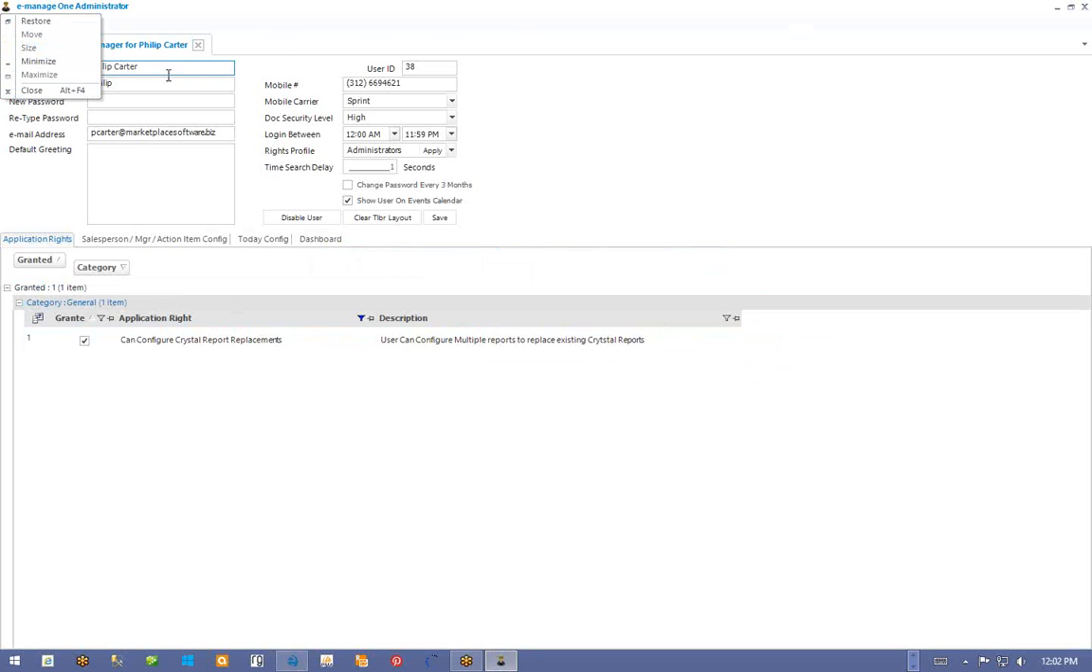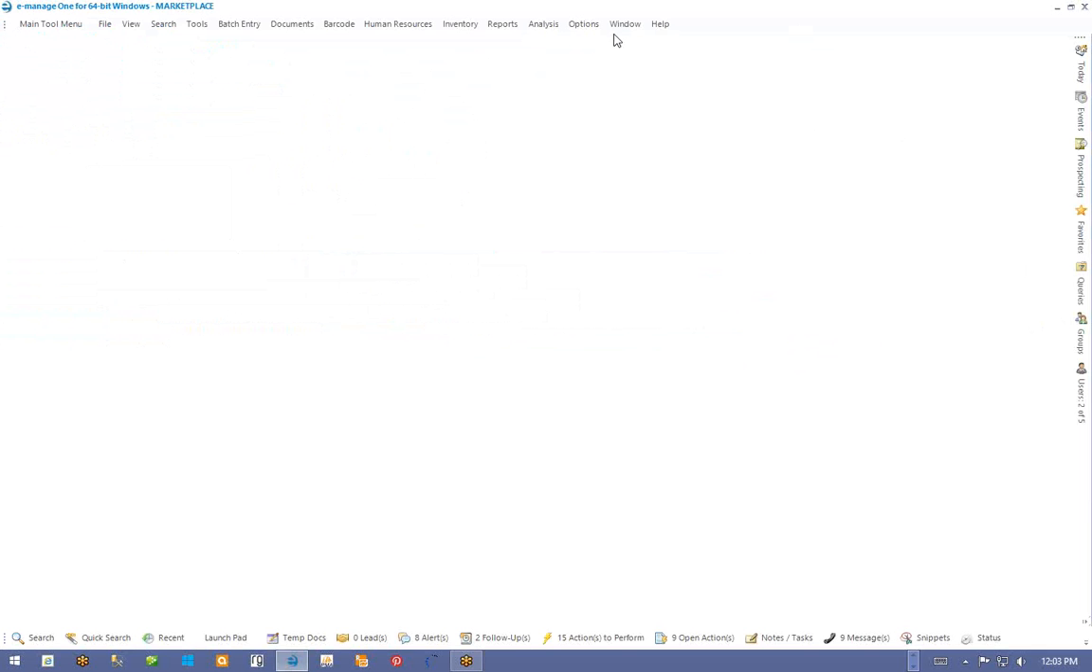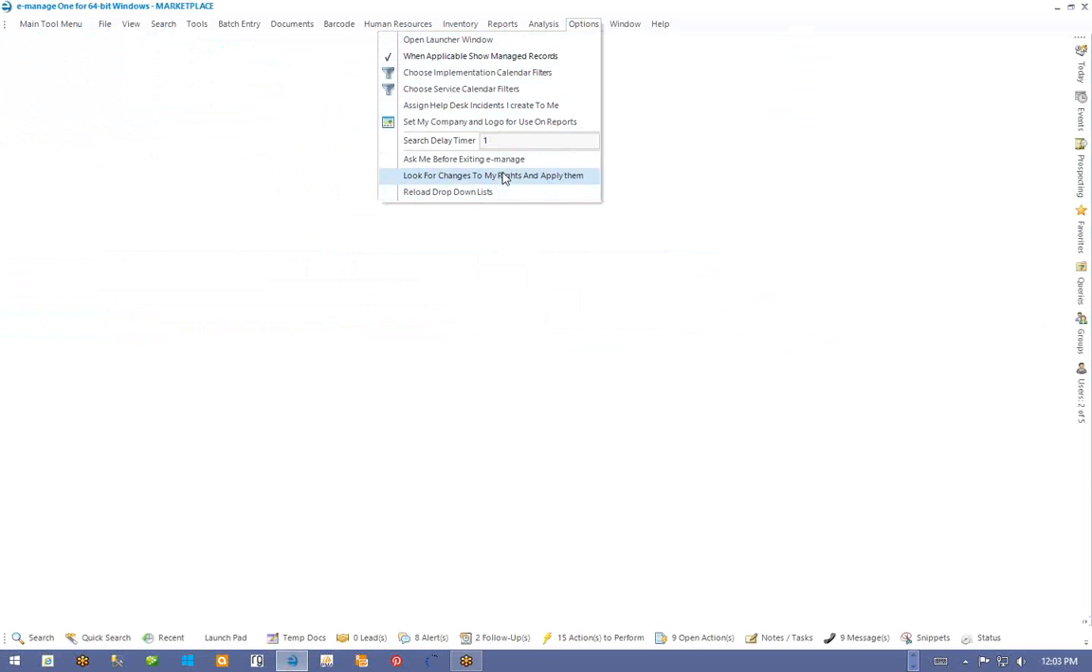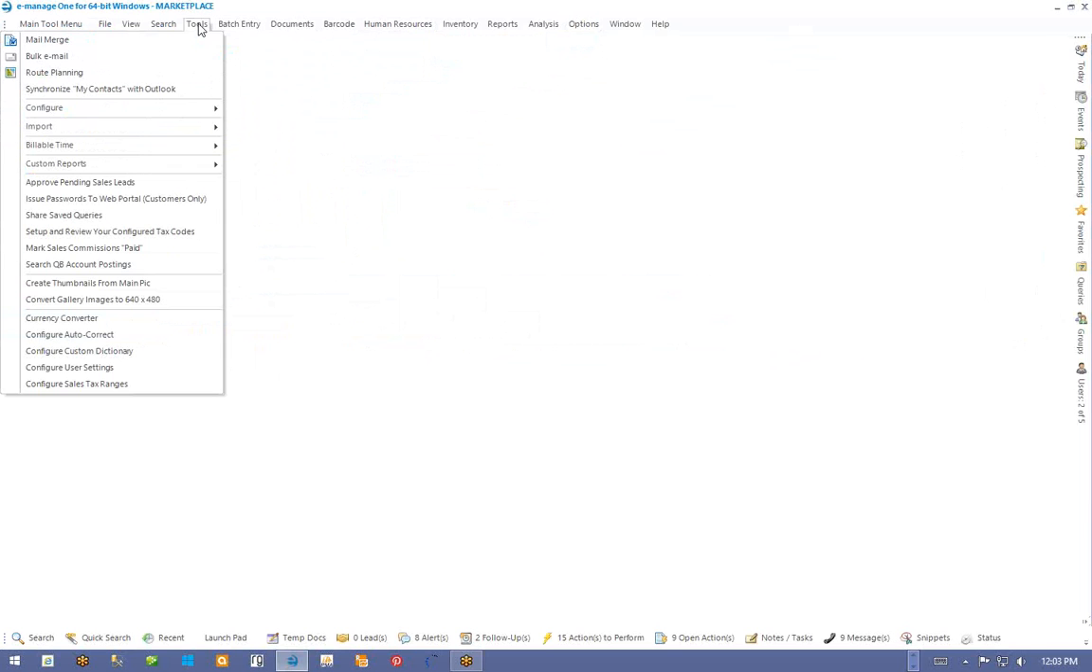If you don't have it, you might want to give yourself that right now, and then go to Options. You'll probably have to log out of eManage and log back in because it's part of the main menu. Okay, so the next thing, we're going to go to the Tools menu,